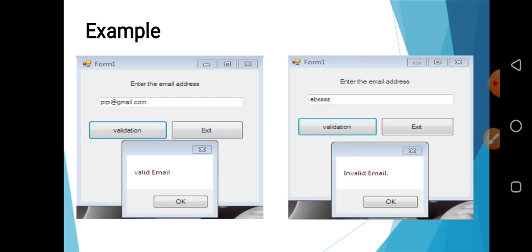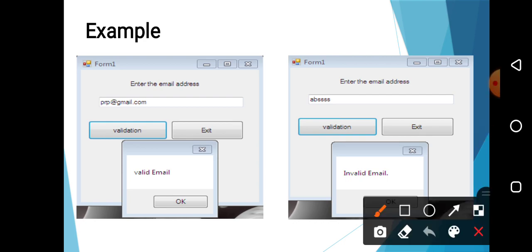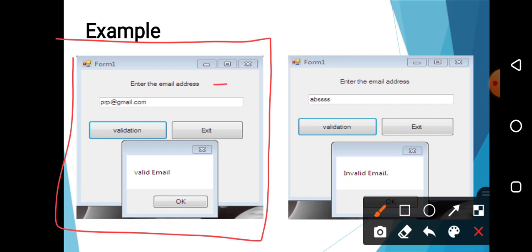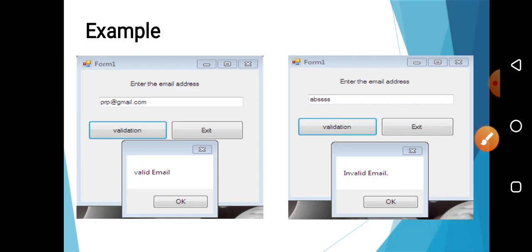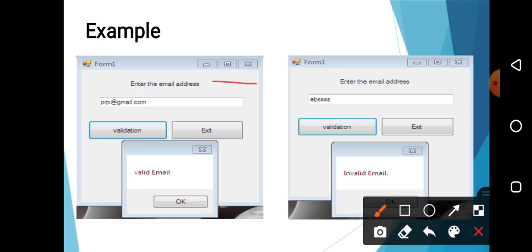So first of all, we will design one form. For design purpose, we require one label on which we will write the text, enter the email address. For providing the proper email ID, we are using one text box. So we require one label, one text box, and after that two buttons. The first button performs the validation and the second button is for exit.